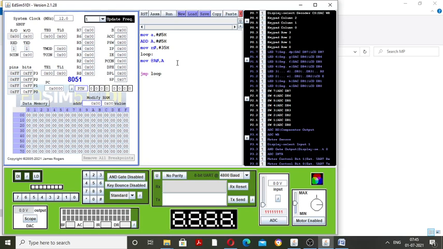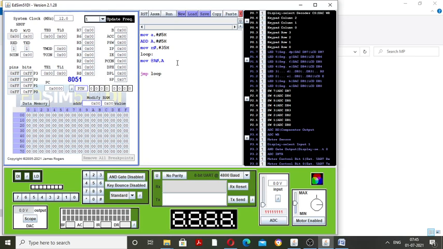Then ADD A, #05H. It means add the accumulator content with 05H. Then MOV R0, #35H. R0 is one of the registers here, and the location of the destination where the result will be stored is specified by R0.